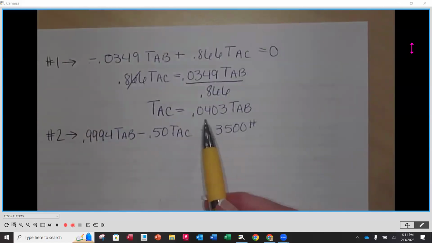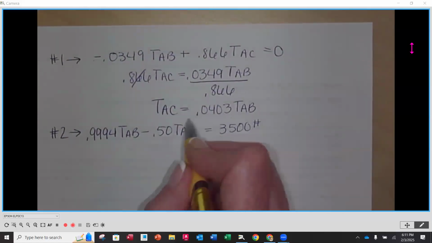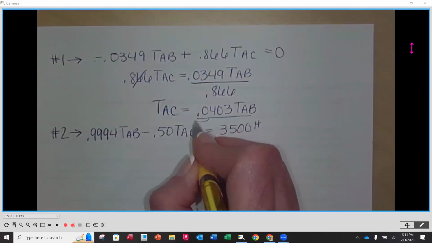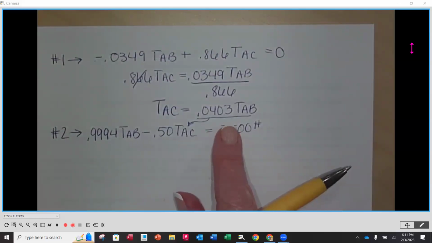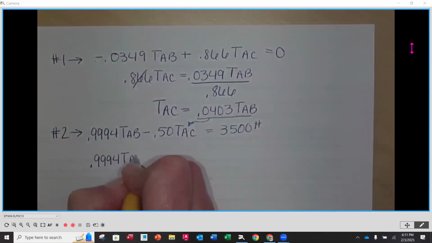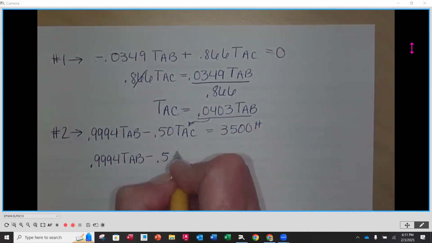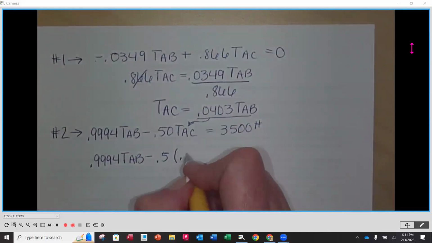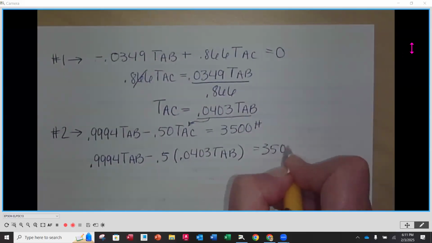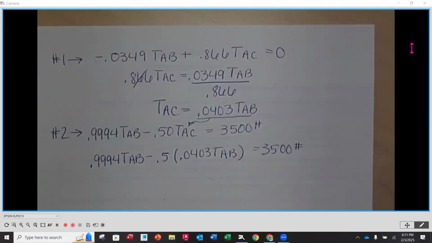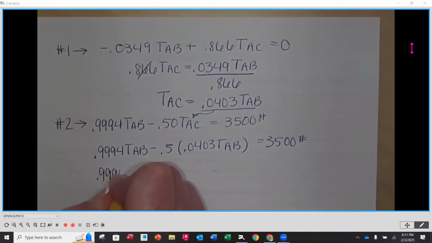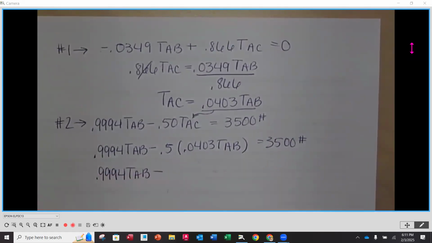Now, this is where, now that I've got TAC in terms of TAB, wherever I see TAC in this equation number 2, instead of TAC, I'm going to substitute 0.0403 TAB. So 0.9994 TAB minus 0.5 times, now this value, 0.0403 TAB is equal to 3,500 pounds. Make sure you're putting the units in there all the time. Now we want to distribute. 0.9994 TAB minus